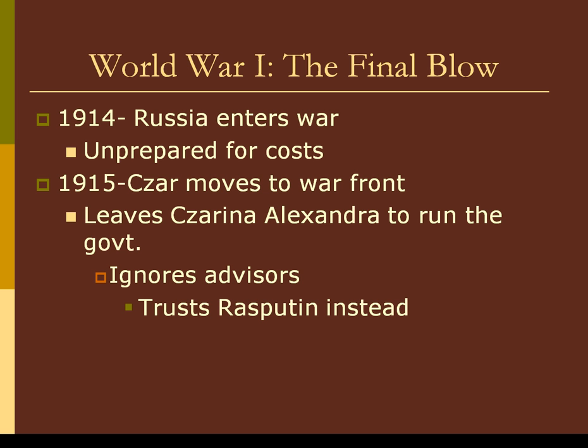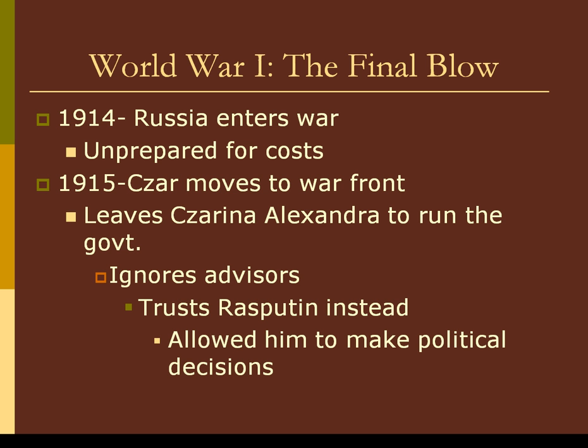Now, a lot of people did not like Rasputin, and that's because as he's making these political decisions or helping her to make them, he puts into place people that are close to him, family members and friends, into high political positions, and they're just not making good decisions together. So to try to end all of the corruption that is taking place under Rasputin, many of these political advisors sort of schemed together to kill Rasputin.